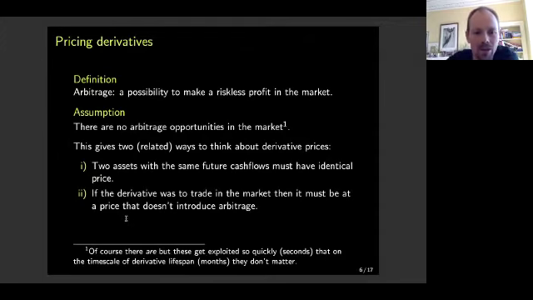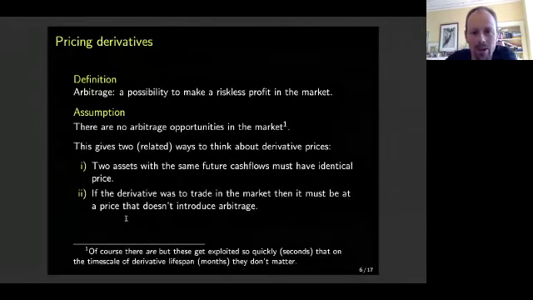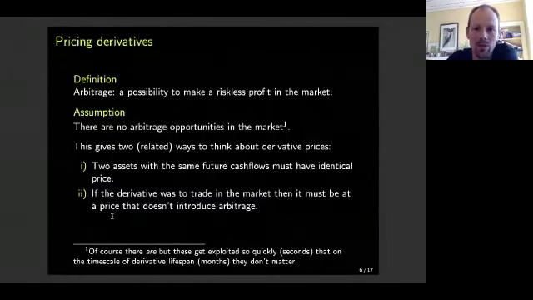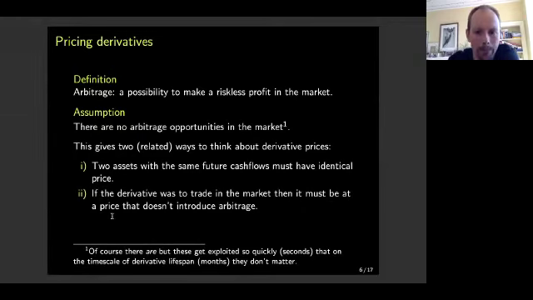And now I say, right, well, let's put an options contract on oil into the market. Well, if there is no arbitrage, then it must have a very specific price, and that price is the one that does not introduce arbitrage. And both of these ways, they're related, but they can be independently used to establish what the price of a derivative should be. So no arbitrage. That's the workhorse. Without it, everything falls apart.